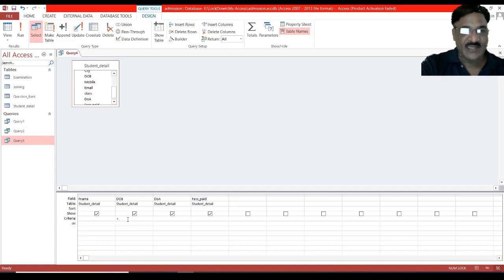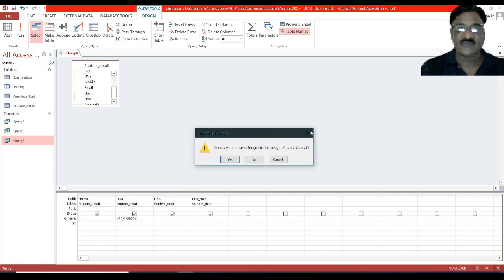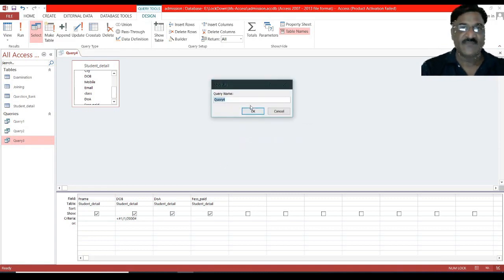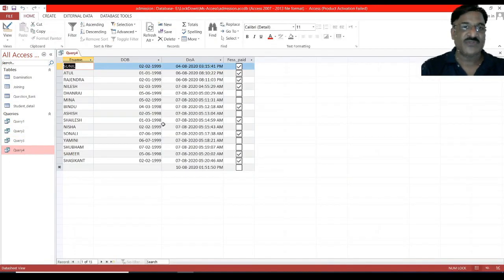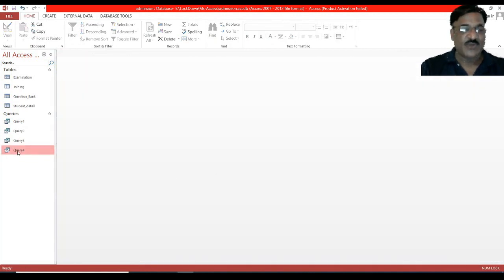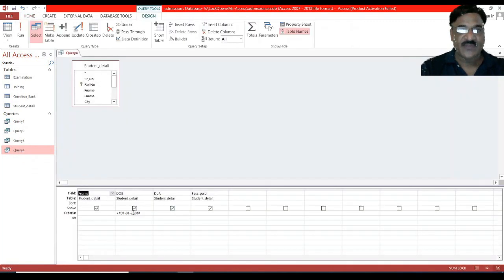So less than #1/1/2000#. Okay, let's check it. Want to save? Yes. So all the students who were born before 2000. Now again open the query in design view. Now you can also specify the between, no issue.